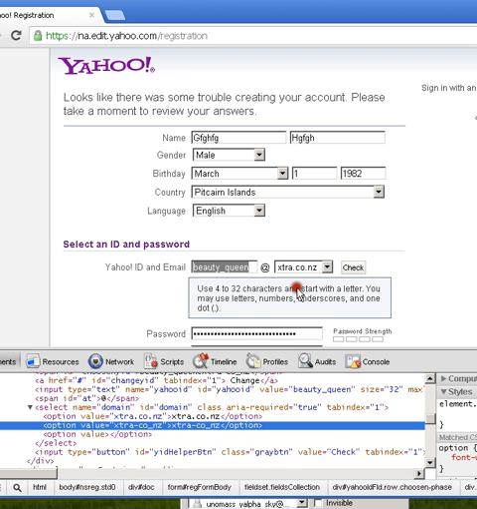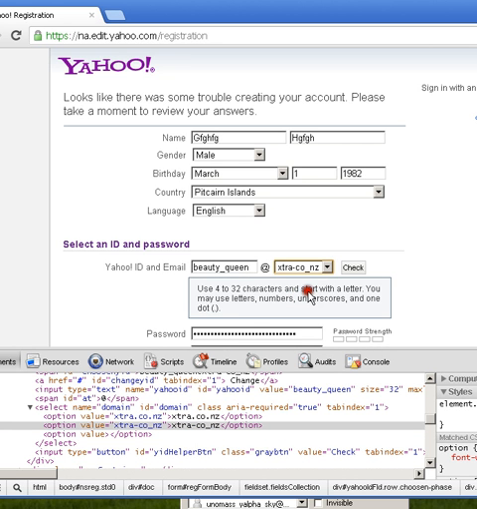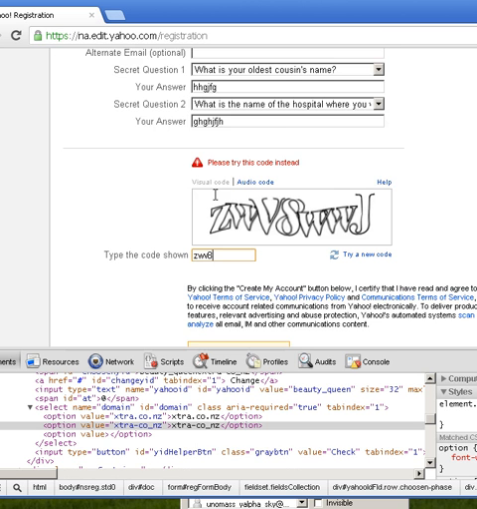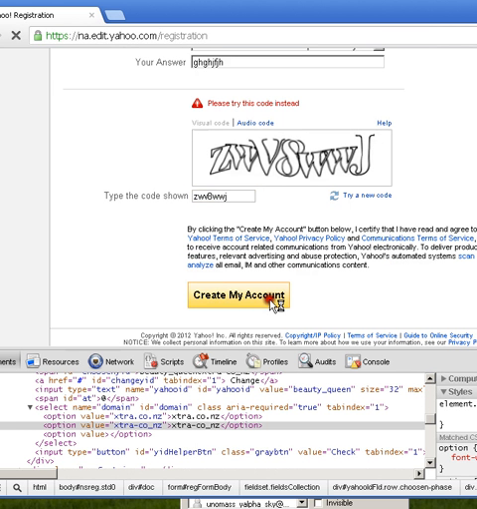Okay. Type in the captcha. I hope this thing works. Actually, it will work.